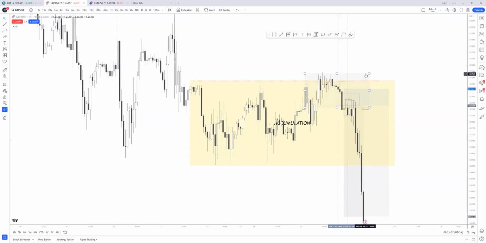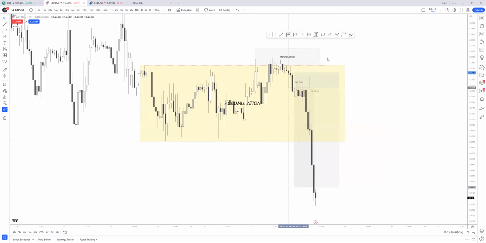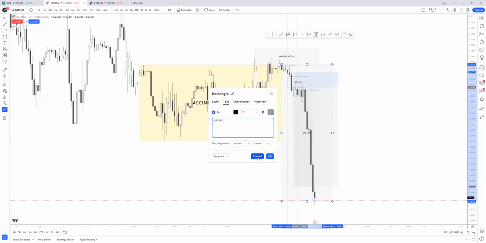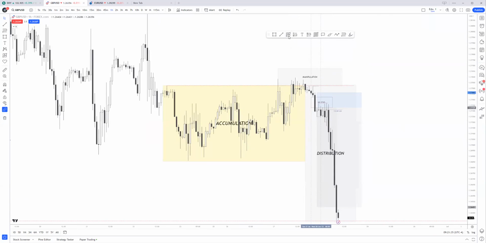Accumulation. Manipulation. This little area here. Manipulation. Manipulation. And then we see distribution, right? Accumulation, manipulation, distribution. So at the Wednesday, Tuesday, we see manipulation occur and we start getting our early signs of